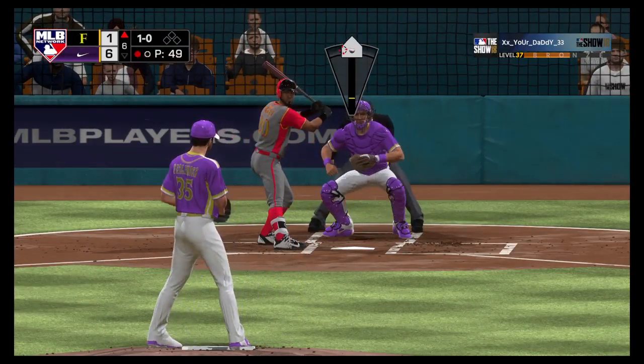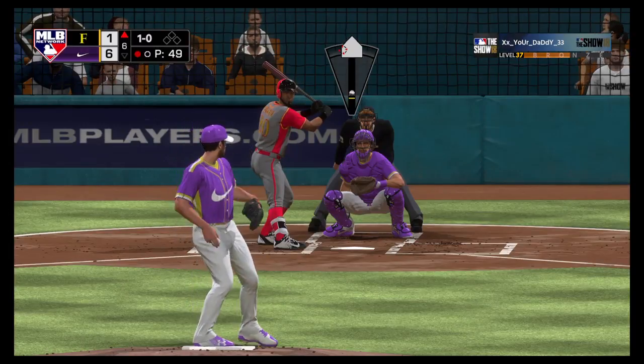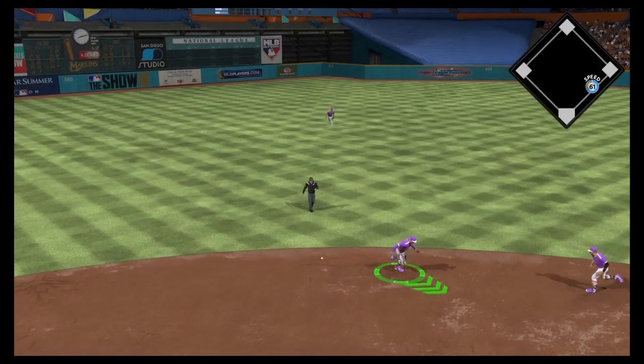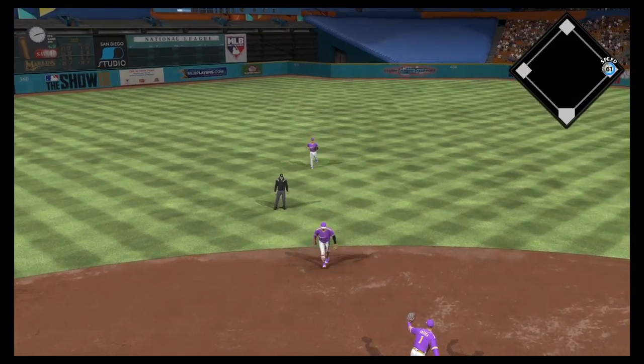This is the big out to get right here. This is their best hitter. He's a great hitter, and he's a guy that kind of spark plug. He gets this team going. So if I'm on the mound right now, you really want to try to get this guy out to hopefully